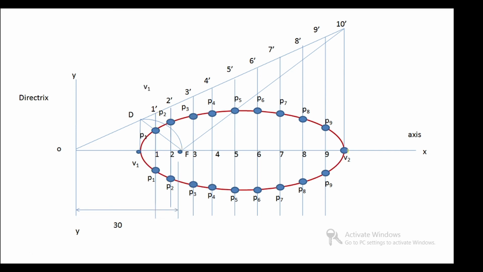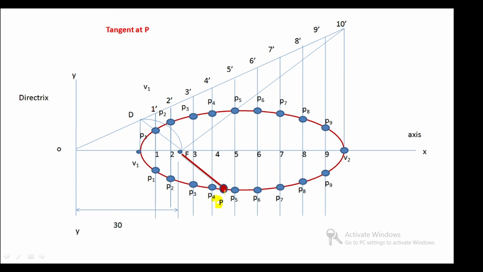After that you have to draw the tangent and normal. I will explain how to draw the tangent and normal from the directrix. The problem is given as at any point P. Here the point P is noted. You connect the focus and this point P. I am drawing the tangent and normal for this point only.